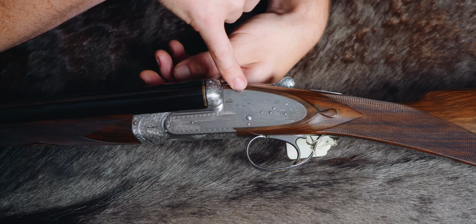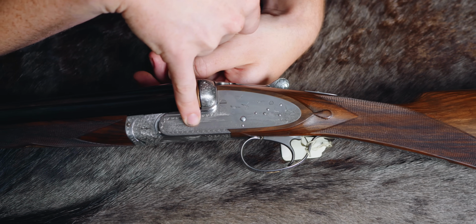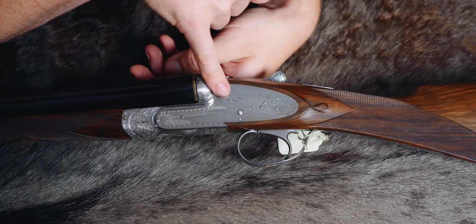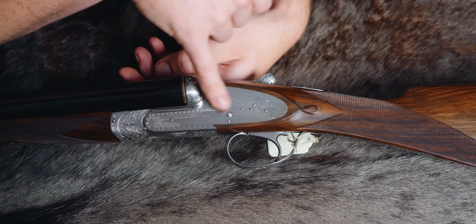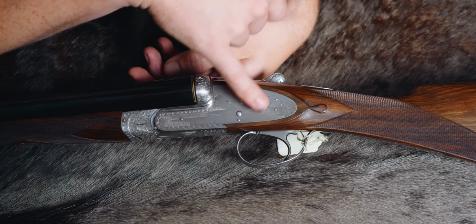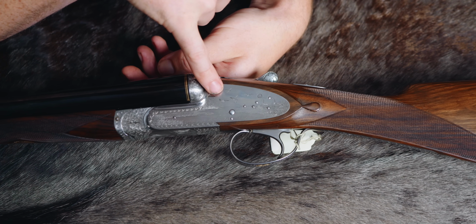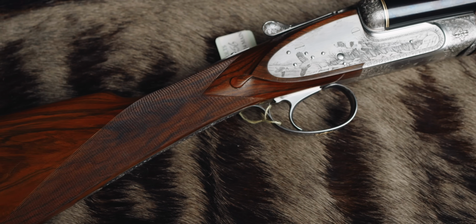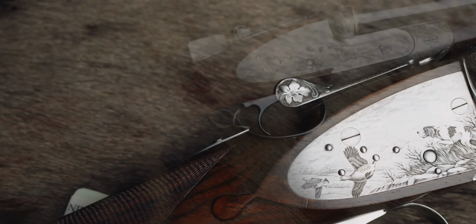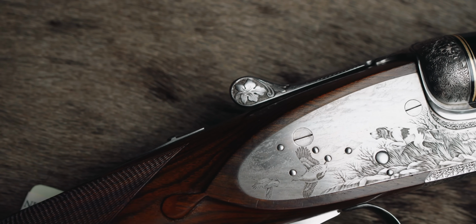This is engraved by Terzi and is a fantastic job once again. Anyone who's spent any amount of time around wildlife or water or ducks will just appreciate how this flows, how the reeds pop out of the water and you've got the little disturbance in the water around it, the reflection of the goose in the water. Even the wing beats, the way the feathers are folded back. There's a perfection in this kind of top-end engraving that really represents the master engravers' understanding of that